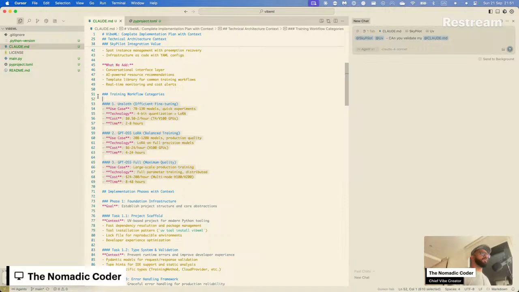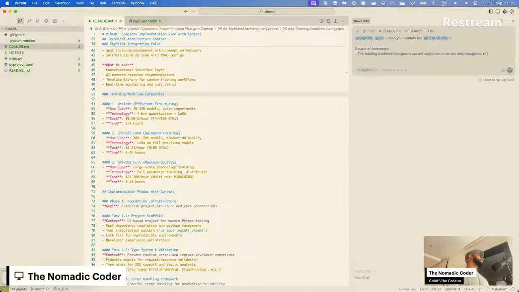Okay, and these training workflow categories are not actually training workflow categories. Let me see. A couple of comments. The training workflow categories are not supposed to be the only categories to work towards.